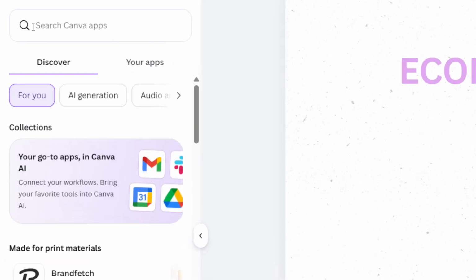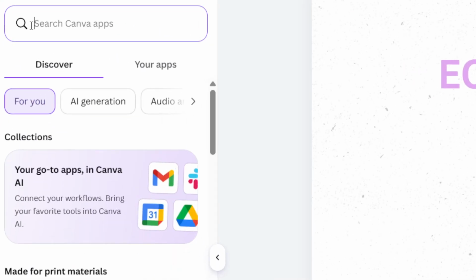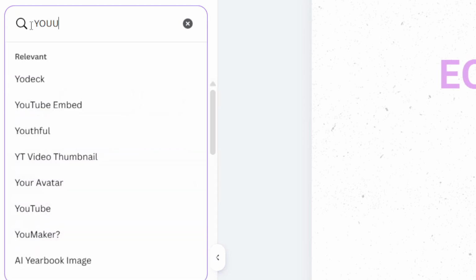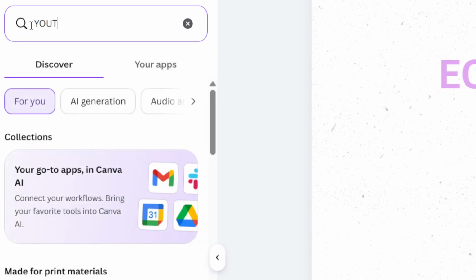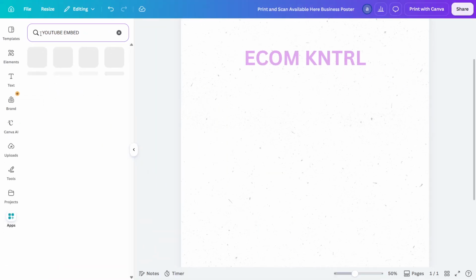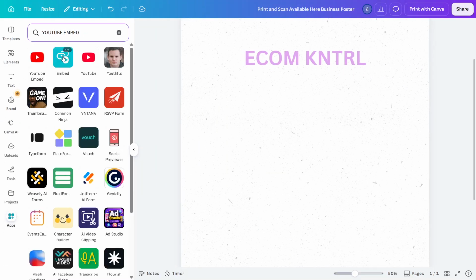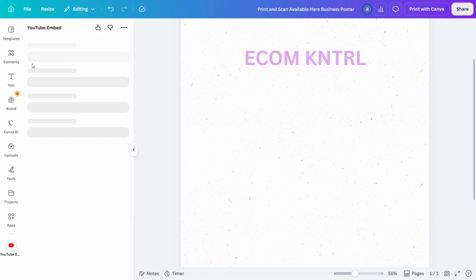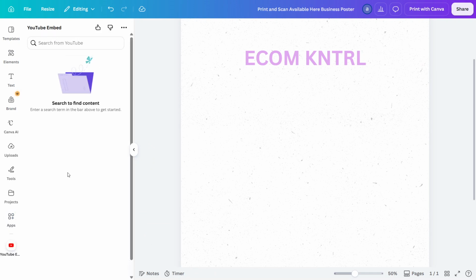At the top of the Apps panel, you'll see a search field. Click into that search bar and type YouTube embed. When the app appears in the results, select it. In some cases, Canva may show an open button. So if you see that, go ahead and click Open to launch the app. This will bring up the YouTube embed tool inside Canva, so you can search for a video without leaving your